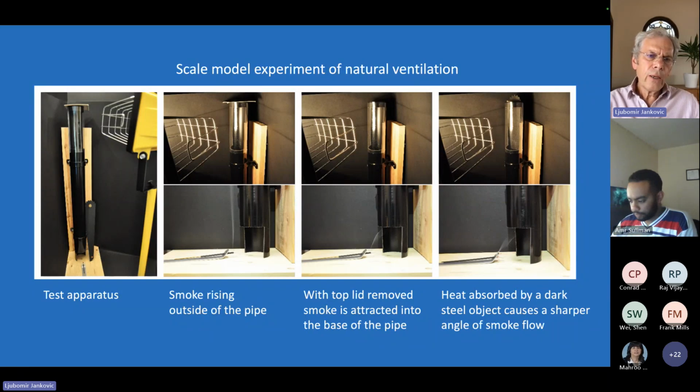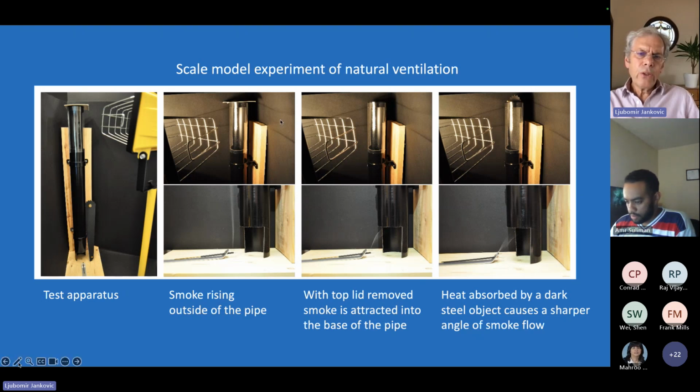This has a lid on the top, and there's a saw blade that I will use as part of the experiment, and there's a halogen lamp, a high energy halogen lamp, and I heat up the top of the pipe, which has a dark background, so it absorbs energy from the halogen lamp, and I place the smoke source